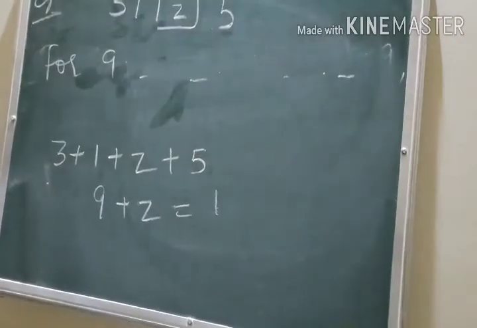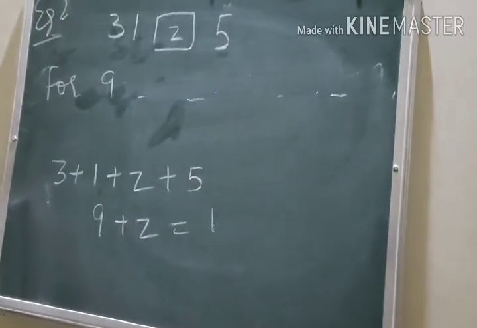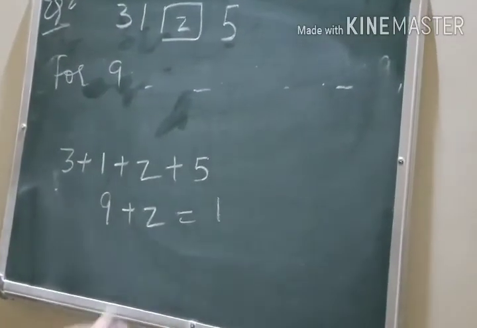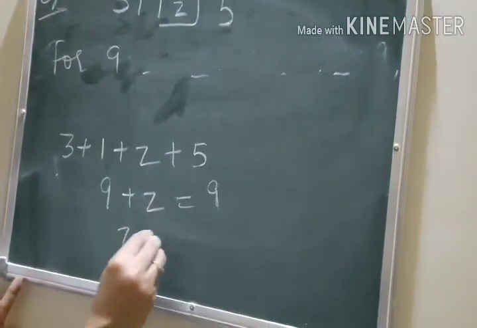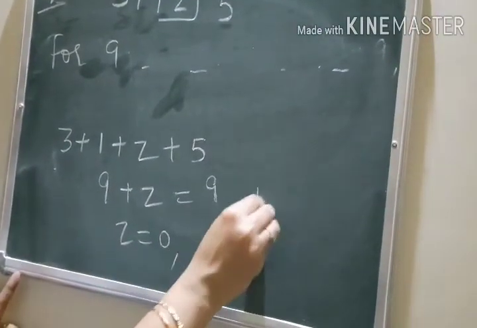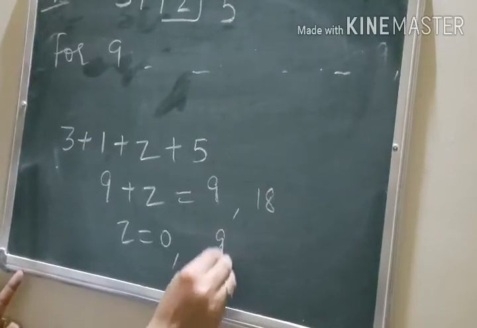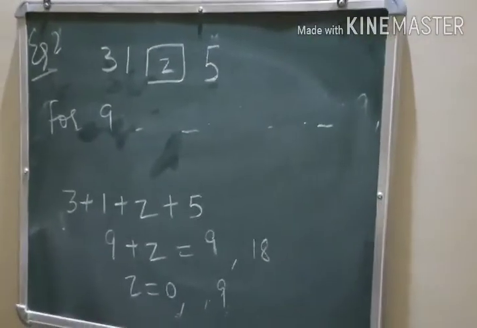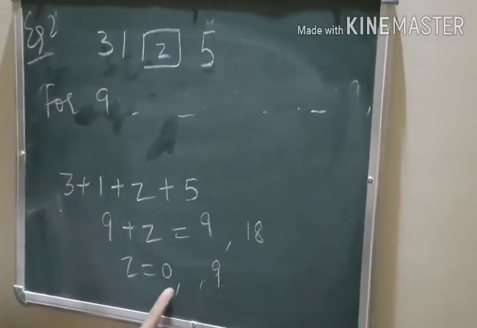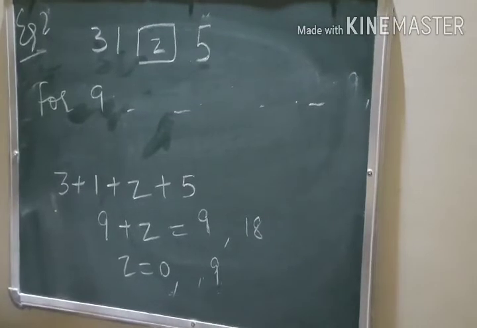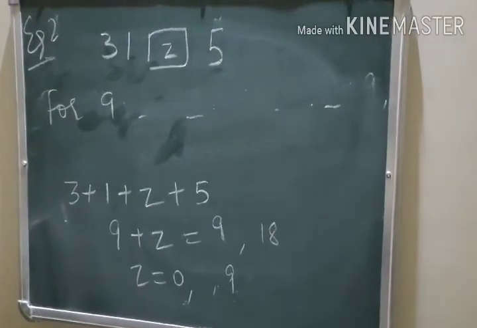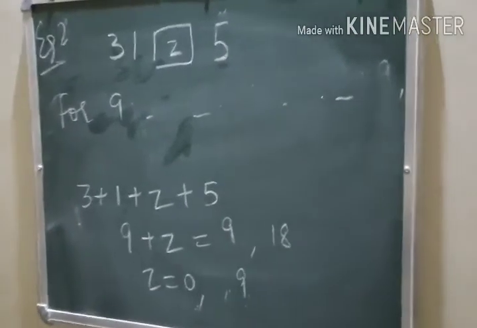So either it can be 9, okay? It can be 9 or 18. So if I take just 9, so the number will be 0, or if I take it 18, it will be 9. So both 0 and 9 you can take, because here we can fill only one digit number, not two digit number. So one digit mein 0 and 9, both the answers can be there. So we can have both the answers. Right? Is it clear? Now last example, example number 3.